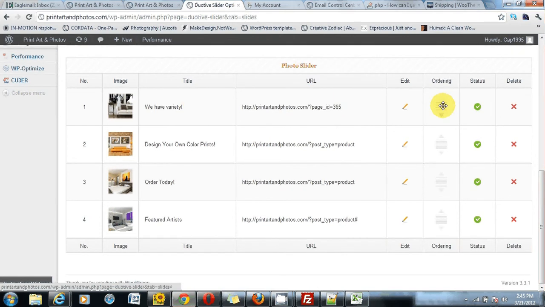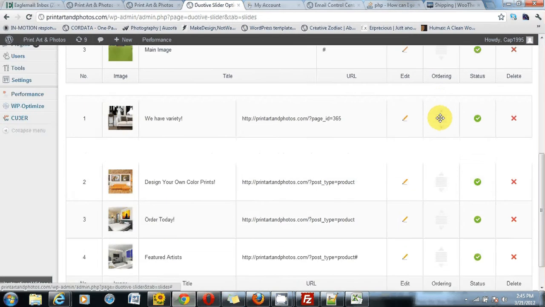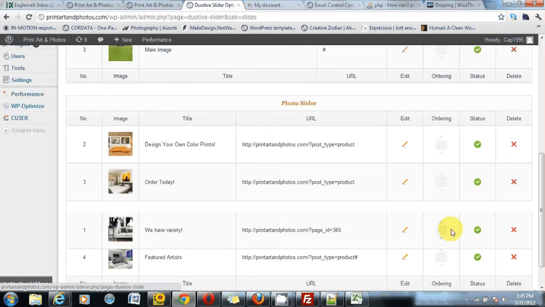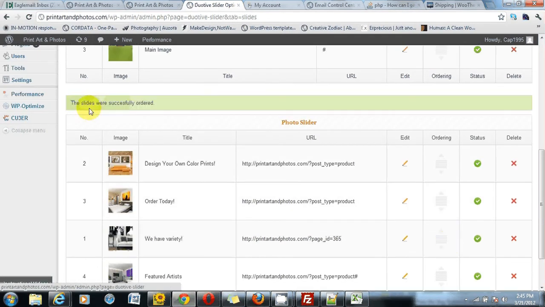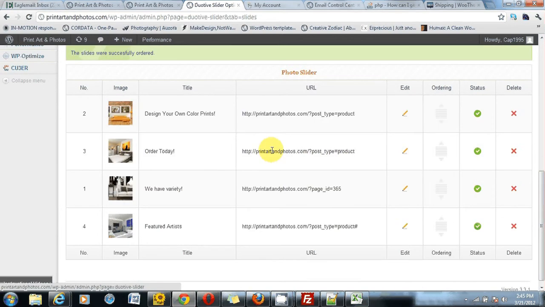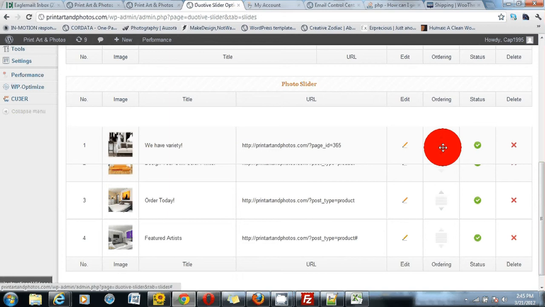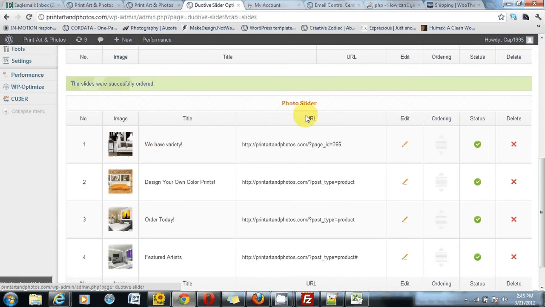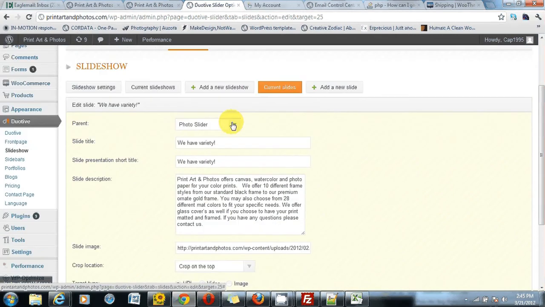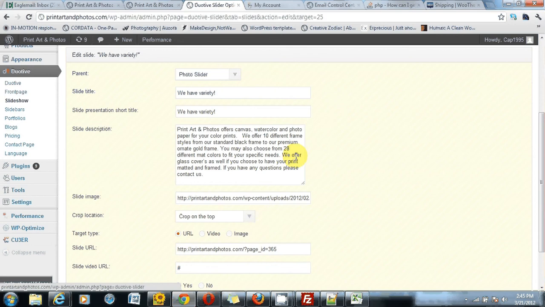First thing to show you is that you can modify the order. You just click on them and drag and drop, and then it'll let you know if it successfully reordered them. I like this one, so I'm going to put it back up at the top. Now if you want to edit it, click on the little pencil underneath Edit. And you can see that it is associated with the photo slider,